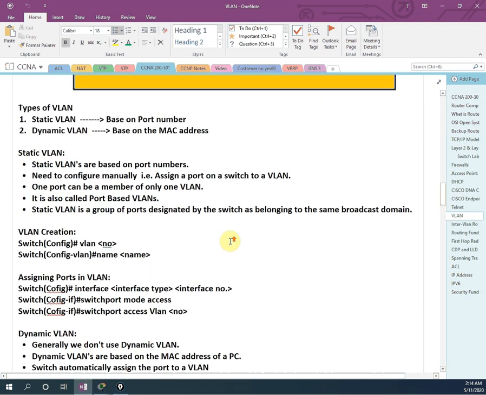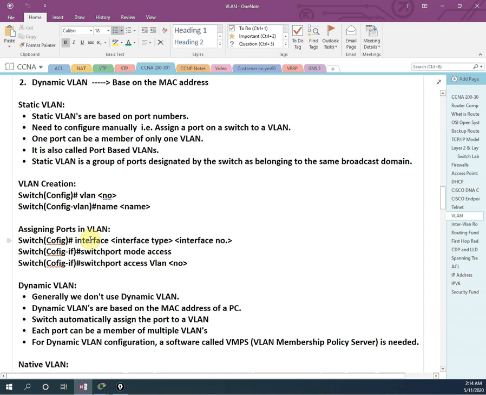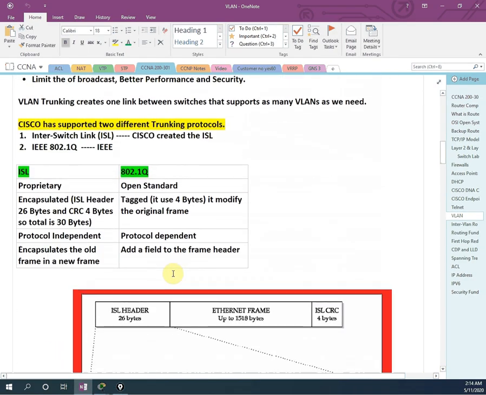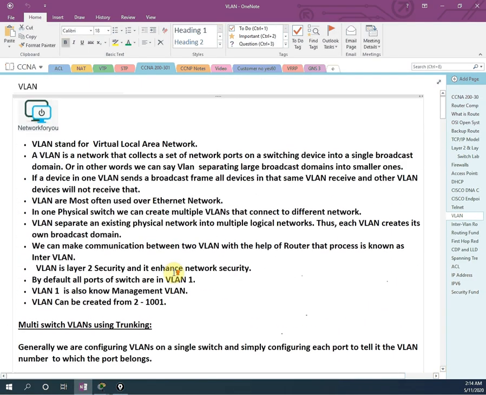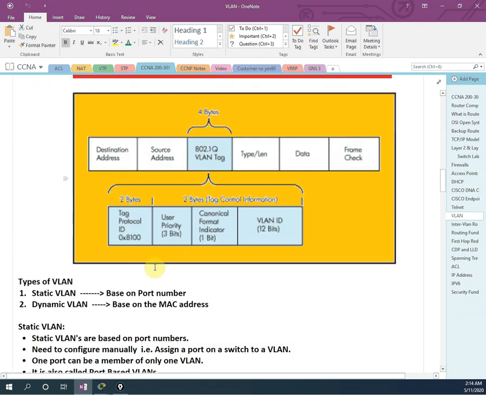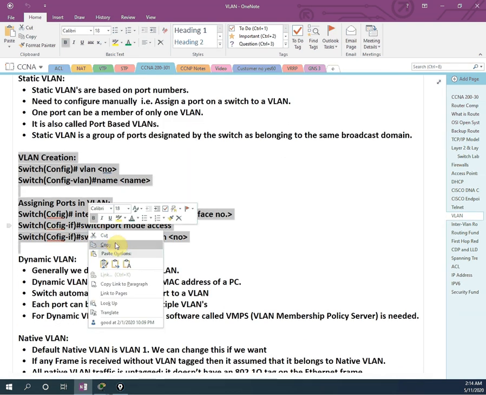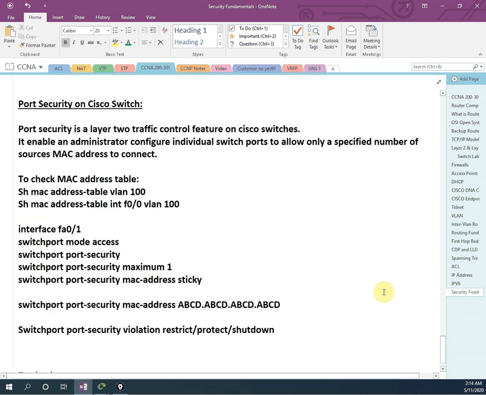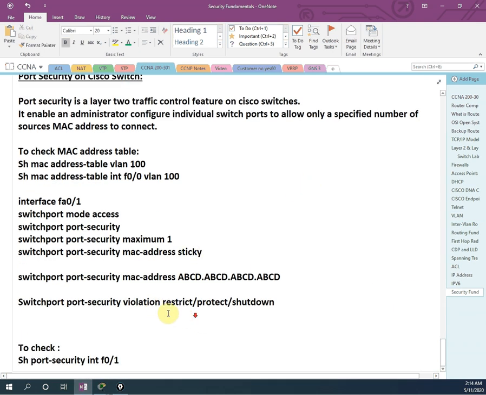But let me see this one, how we will create. We need to go to this one, assigning the port. If you see this one, let me copy from here to here. I will paste here, or maybe I wrote somewhere the commands will be directly helpful. Somewhere we have, I am sure, but anyhow, let me take to this point. I will write here. This is a syntax.